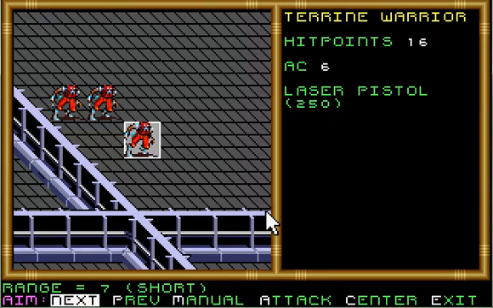Okay, Terrene Warriors, 16 hit points. Laser pistol, though. Ooh, I want those laser pistols. So we've got 3 Terrene Warriors. This guy is at short range, this guy is at short range, and this guy is at medium range. So before I engage this guy, I will want to move in a little bit,